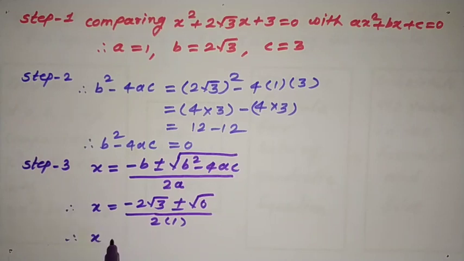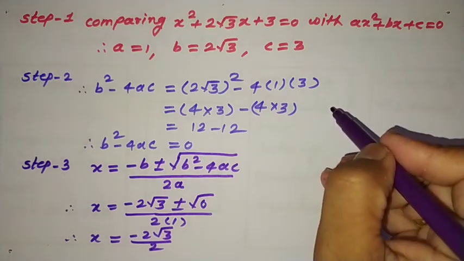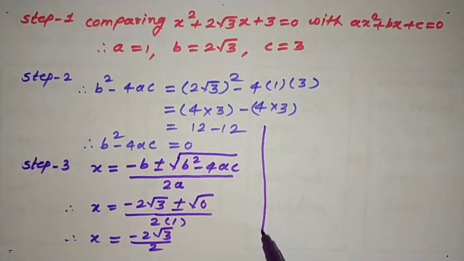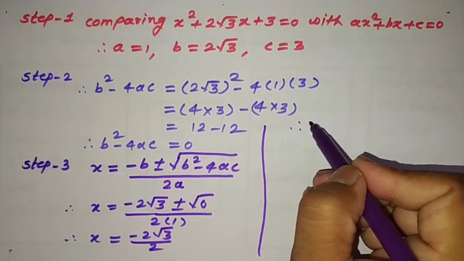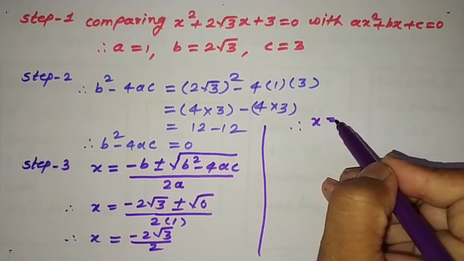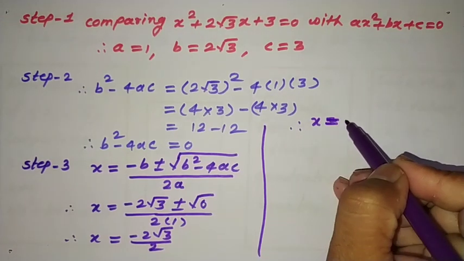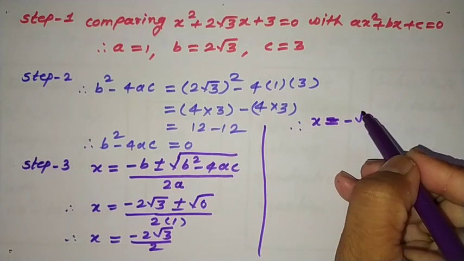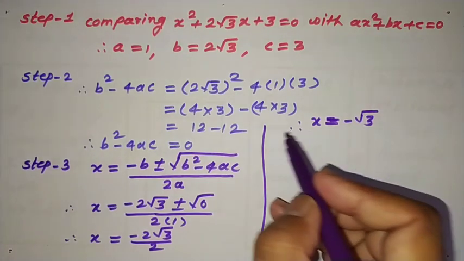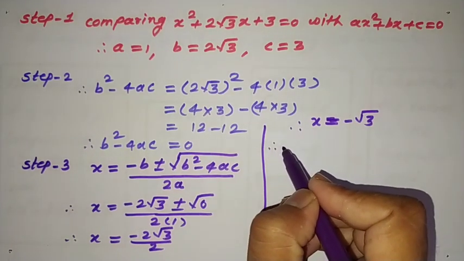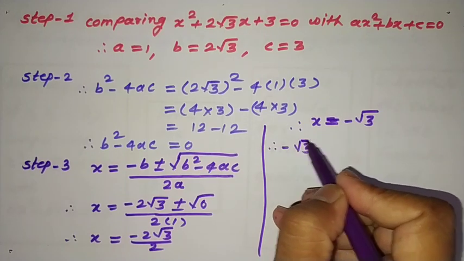Therefore x is equal to minus 2 root 3 upon 2. 2 cancelling. Therefore x is equal to minus root 3. The two roots are the same. Therefore minus root 3